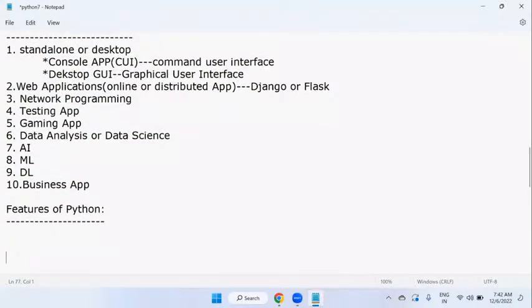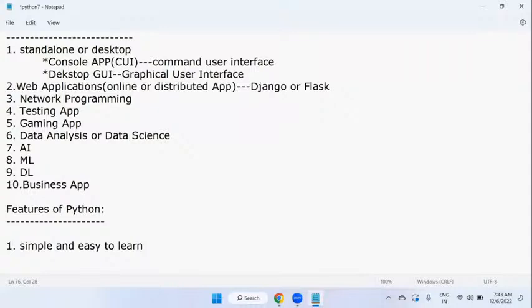So as I said, Python is simple and easy to learn. This is one of the basic features. Python is a simple programming language. When we compare it with other existing programming languages like C++, we will write fewer lines of code. That means it has more readability and simplicity. We can reduce the development cost of the project also, because we can finish the Python code quickly compared to